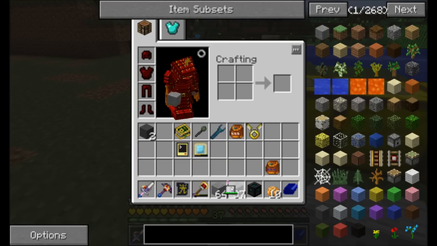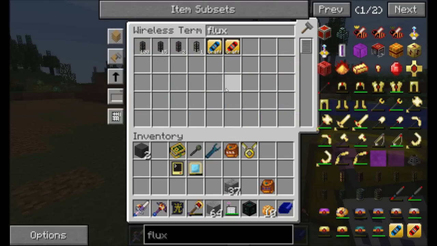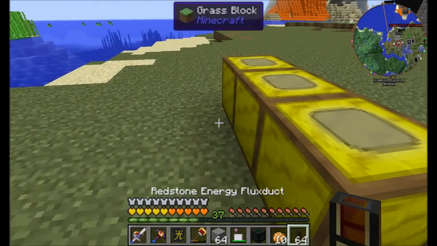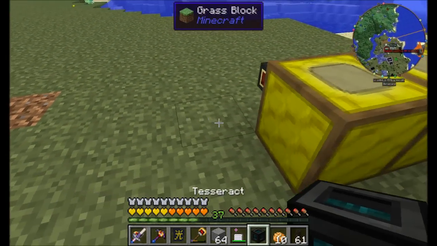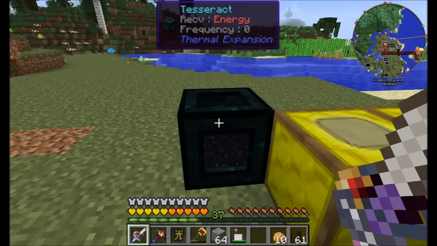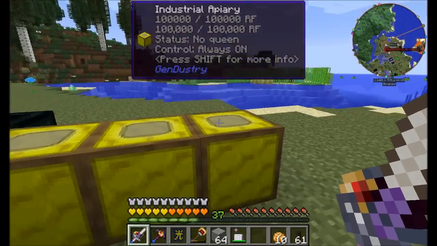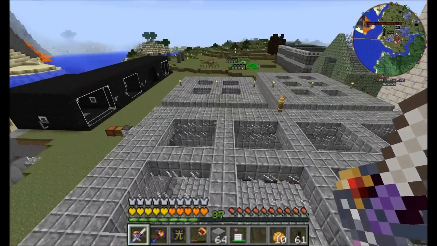And by now, because a lot of time has passed, I was clearing out a bunch of stuff. We should have about 100 flux ducts in there. Sweet. Redstone energy flux ducts. I love auto crafting. The ability to just sit down and be like, hey, you know what? I'm going to go ahead and auto craft. That is cool. So our industrial apiaries are quickly filling up with power. Sweet. The other thing I might want to put out here